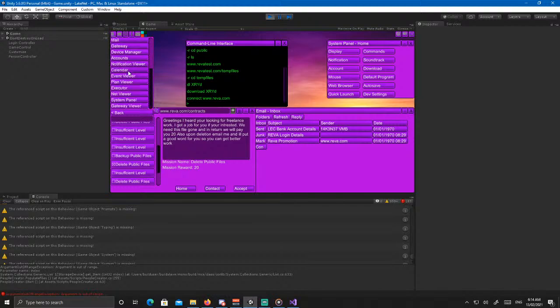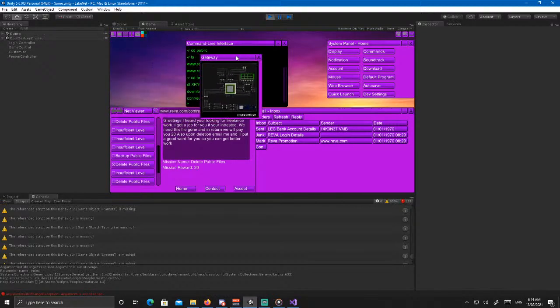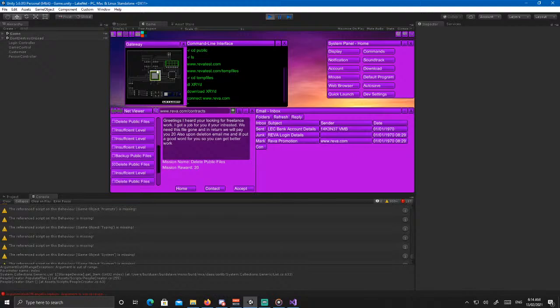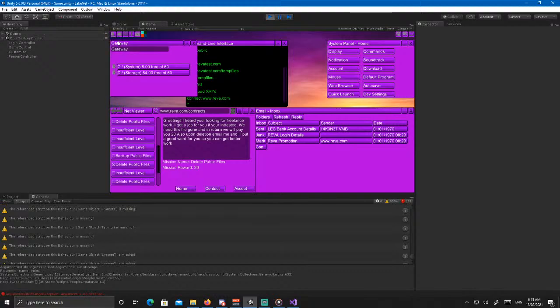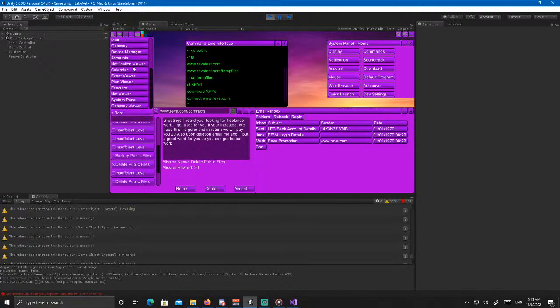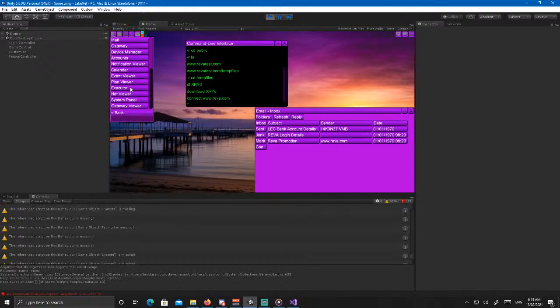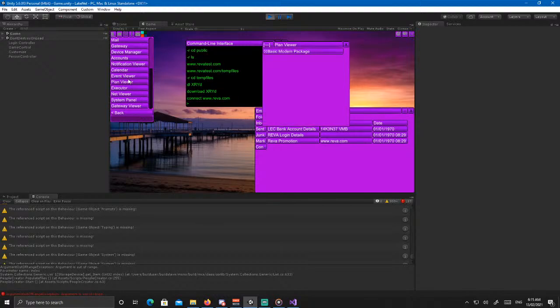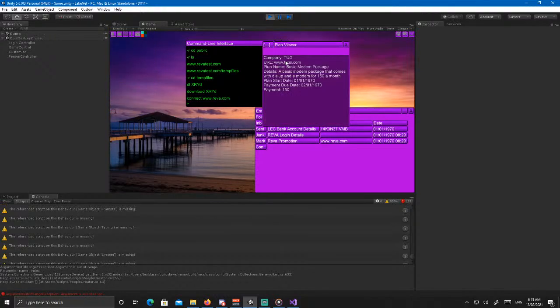Yeah, you can do a lot in this game, funny enough. So there's the gateway viewer. I actually sit here pixel by pixel, designing motherboards and all the chips and everything like that. System panel, that's the customization. NetView is the web browser. Execute is basically just run. Plan viewer is to see, like, you know,